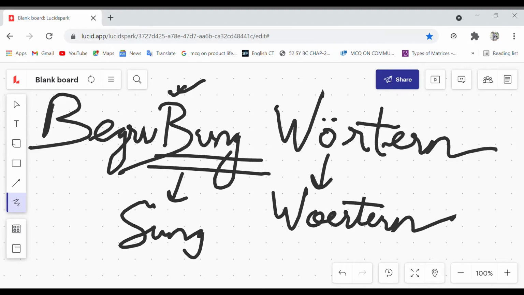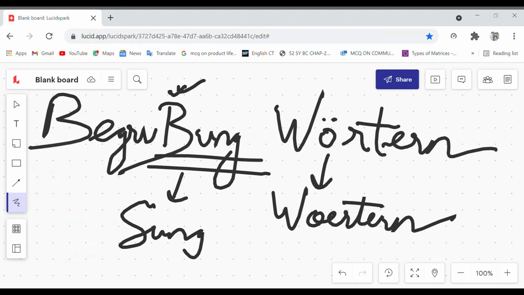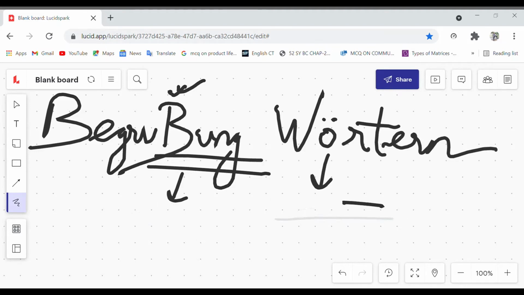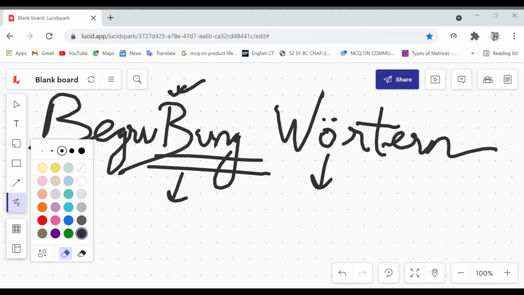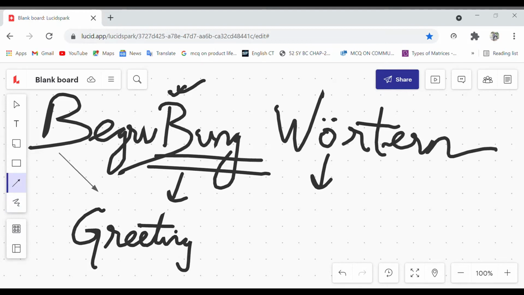So this is our second word, and the actual meaning of this word is greeting. So this is clear. This is Begrüßung wollten. Do not take this word as bung. It is sung, and this is not wollten. This is wollten. So the meaning is greeting.